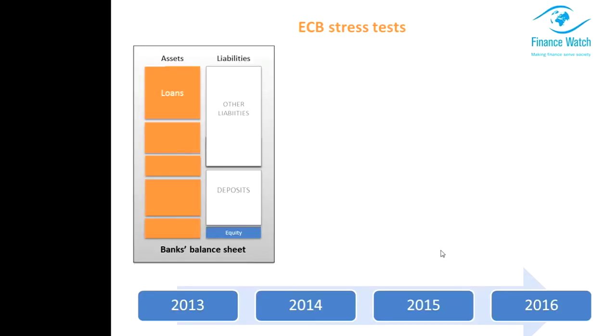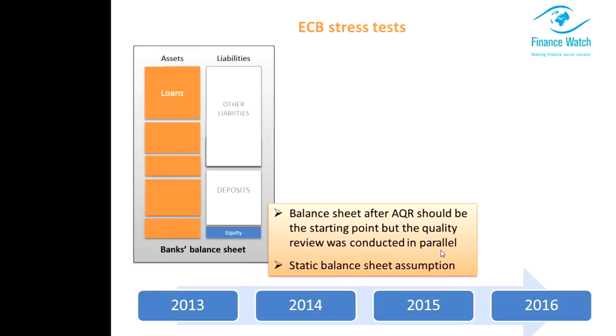Okay. So finally, stress test. And I will need to make two remarks with regard to their design and implementation. One remark will refer to the sequence of performing stress test and AQR, and the second to the static balance sheet assumption. As I mentioned before, asset quality review should result in a true and fair value of the most important positions of bank's financial statement. And this verified balance sheet should be a starting point for stress tests when the scenarios are applied in a horizon ending in 2016. The problem is that because of the timeline and time constraints and deadlines, the AQR was